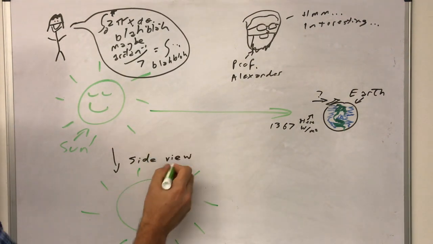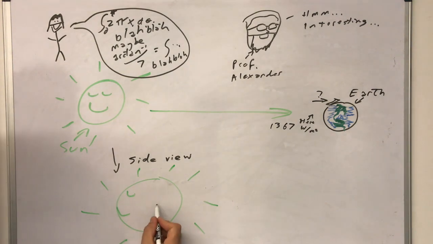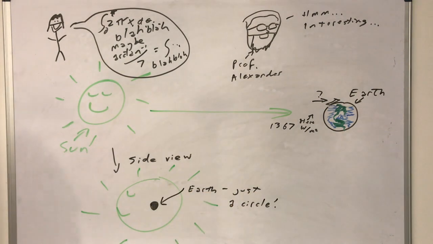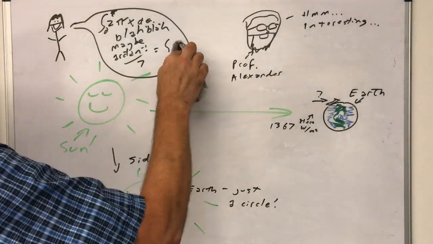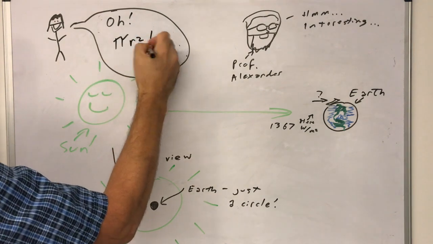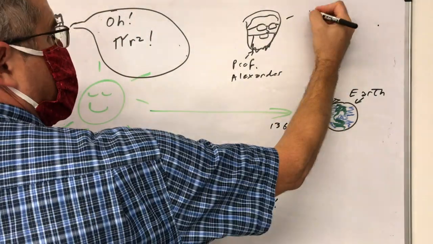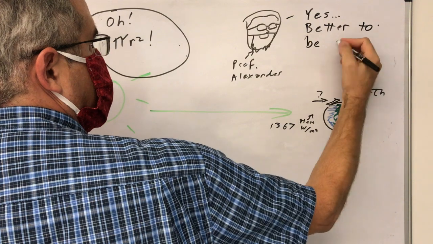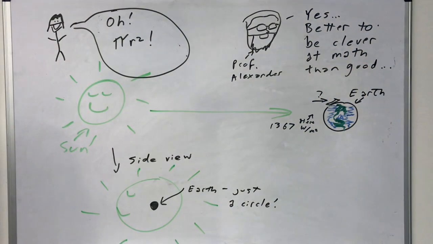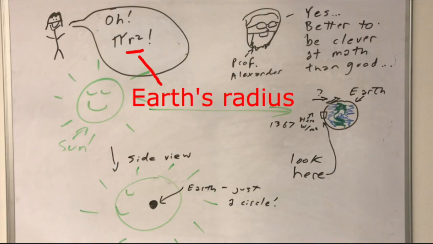Well, the entire spherical Earth blocks just a circle of the energy that fluxes past it, a circle with the same radius as the sphere. Once we realize that, we can just calculate the area of the circle to find out how much solar radiation hits the Earth. That's easy. We all remember that the area of a circle is pi r squared. Well, to be precise, we remember that pi r squared is an equation for something. Well, this is it. R is just the radius of the Earth,